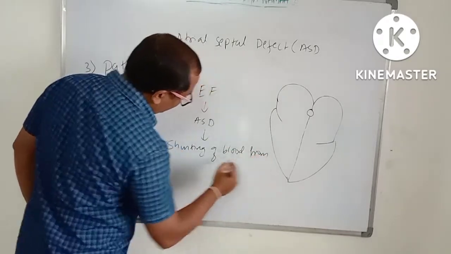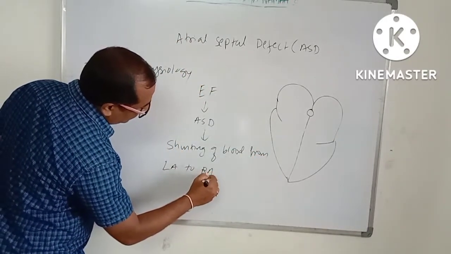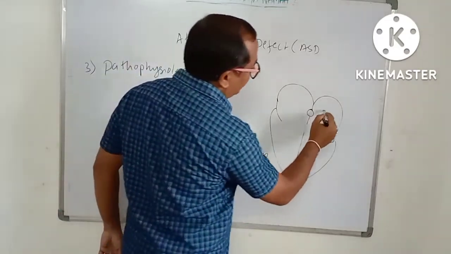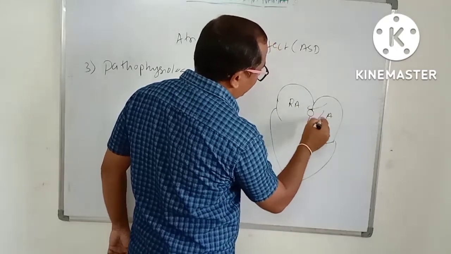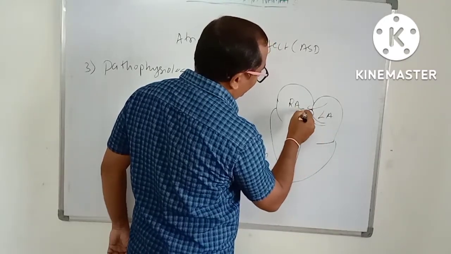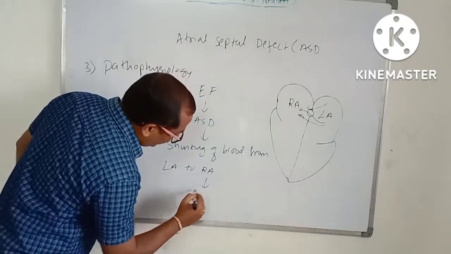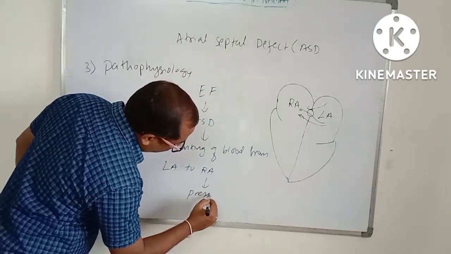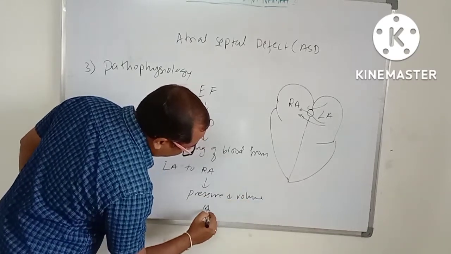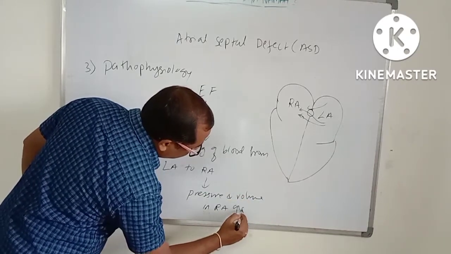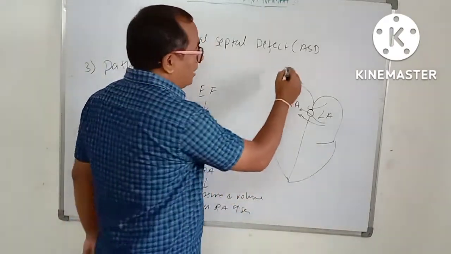from left atrium to right atrium. Because the pressure in the left atrium is greater than that of the right atrium, there is a shunting of blood from left atrium to the right atrium. Because of this, the pressure and volume in the right atrium increases,